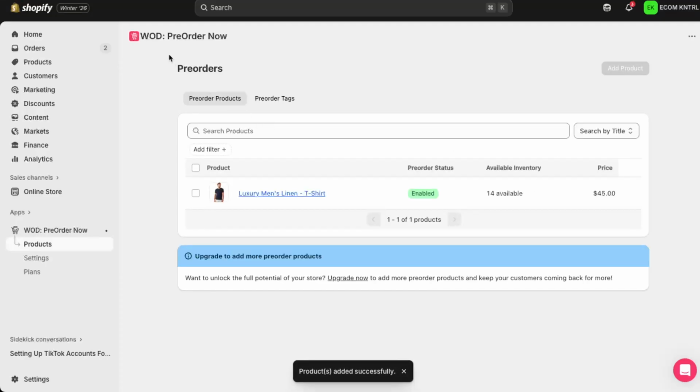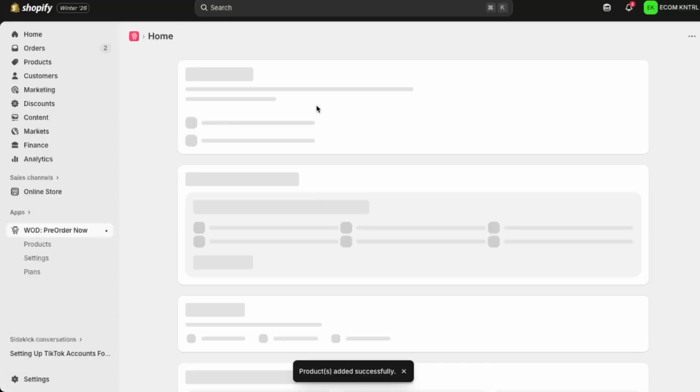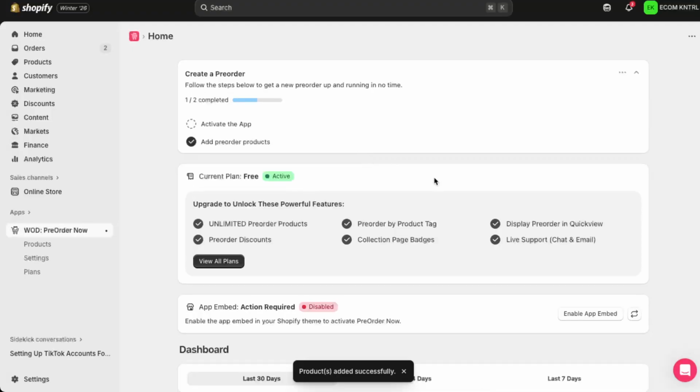At this point, that product is now set up as a pre-order item. You can repeat the process to add more products, and if you find your current app plan too limiting, you can upgrade within the same